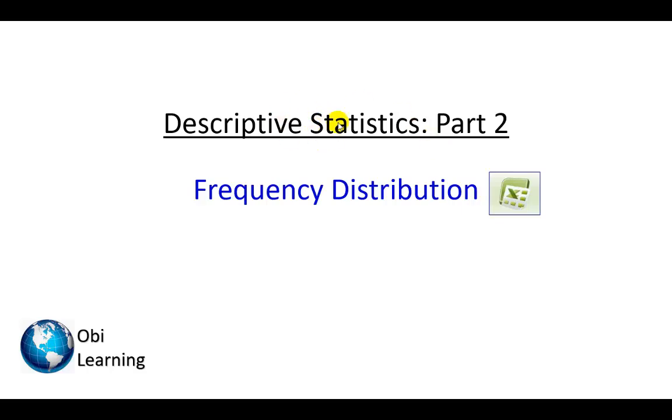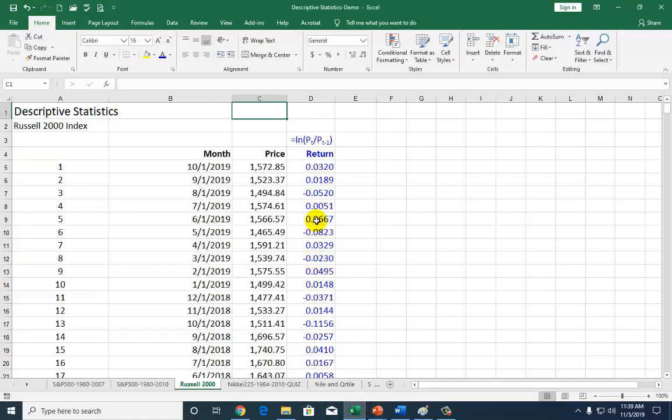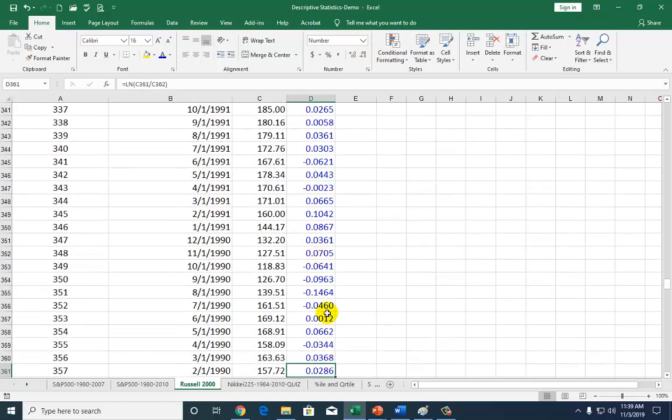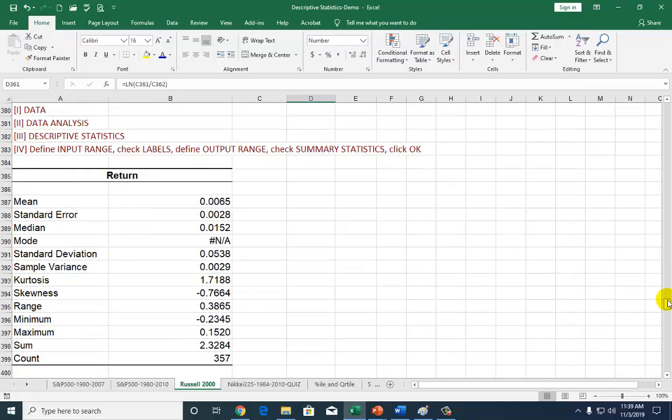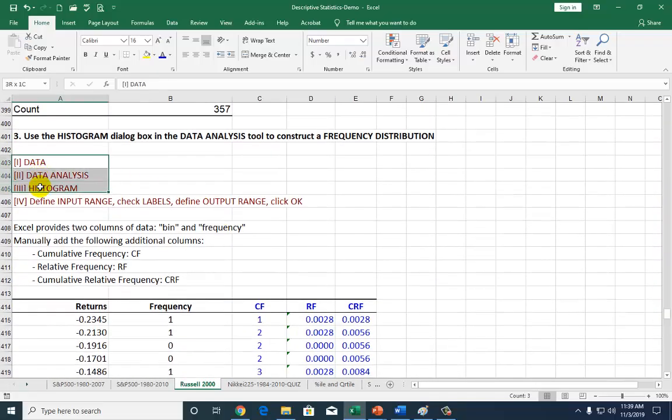In this second and final part of the presentation on descriptive statistics, I'm going to show how to construct frequency distributions. And to do so, we're going to be using the same data set as used before, which is the return series for the Russell 2000 stock market index. So now, going down here to where we need to start doing the work,